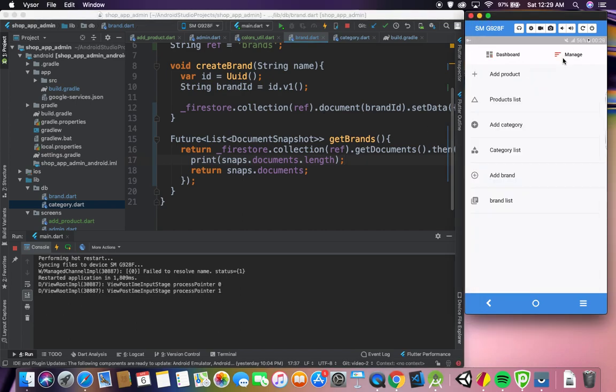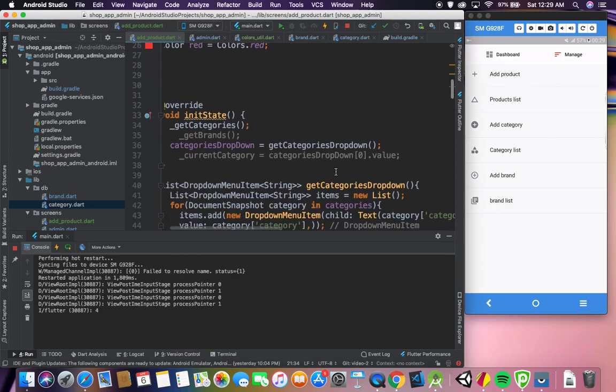So let's go and manage, and I'll get here brand list. Okay, we are having 4 here, meaning that we are getting the values from here. Perfect. Because we actually have 4 brand names there. Perfect. This is working. So let's go back to our add product page,